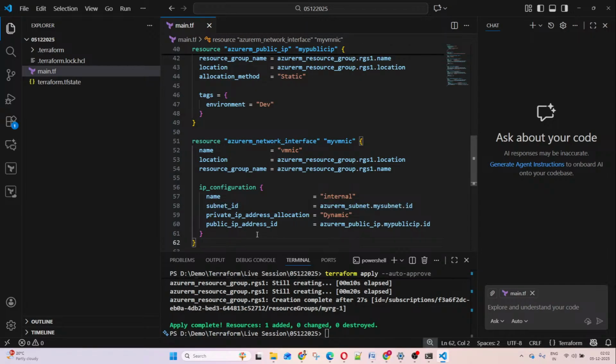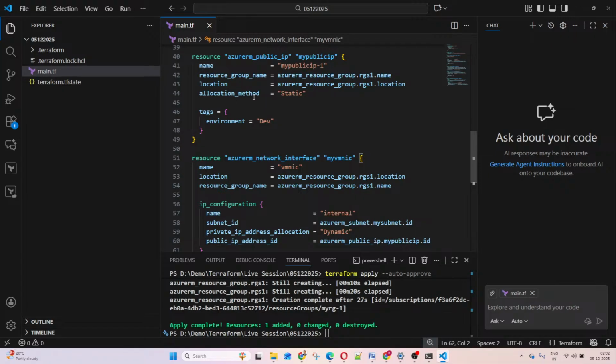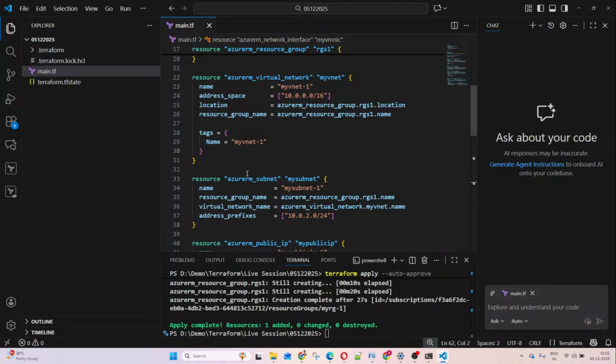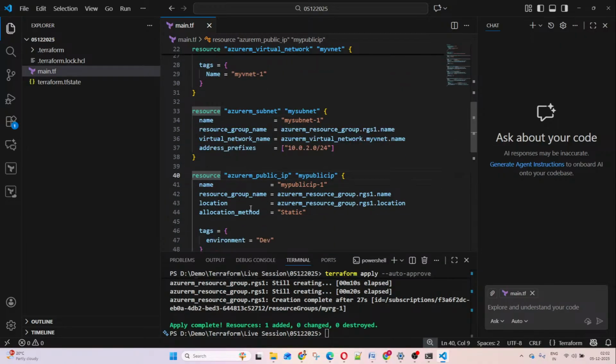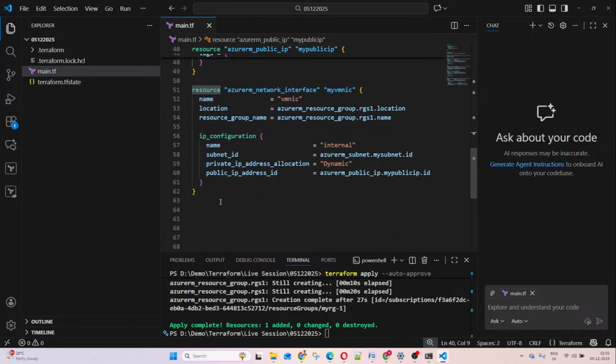Okay, same for public ip. We need to give resource type here, then we need to provide the block name, then we need to give id, so that public ip address it will take from the above public ip block. Okay, this resource block. You can see guys that every resource block has this notation, that is resource, which tells us that we are going to create some resources in the Azure portal. Okay,